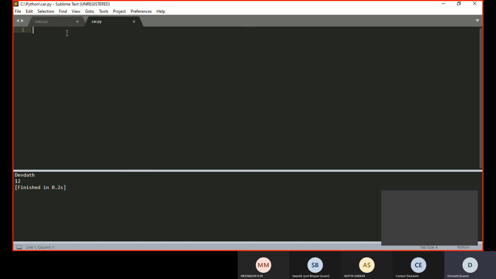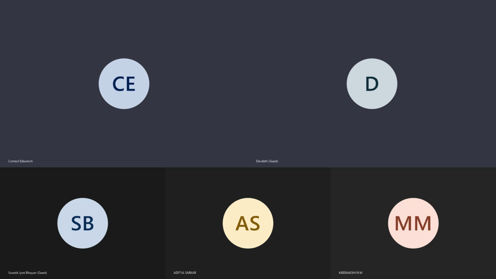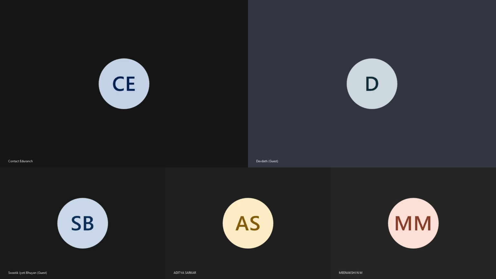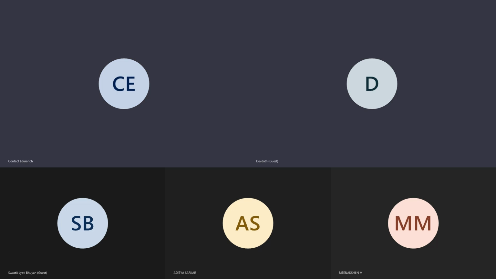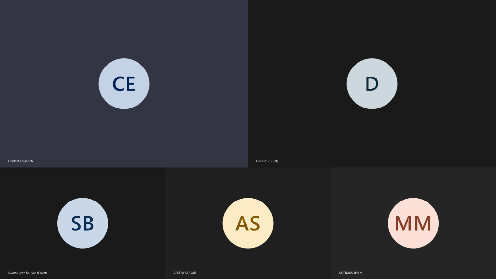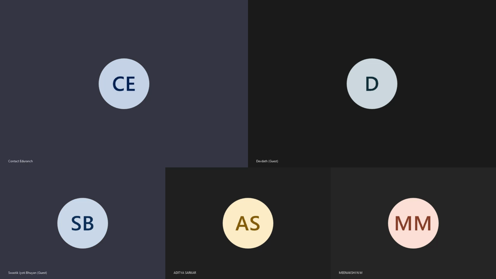Sir, what we have to do? Say fuel type and car name. The object should have two attributes. That's all. Okay. Same, sir. Get car name, get fuel type. Okay. Let's create fast. Sir, fuel type and car name, no? Yes. Okay. Swastik, Meenakshi, Aditya, everyone, 60 seconds. Yes, sir, I'm doing.